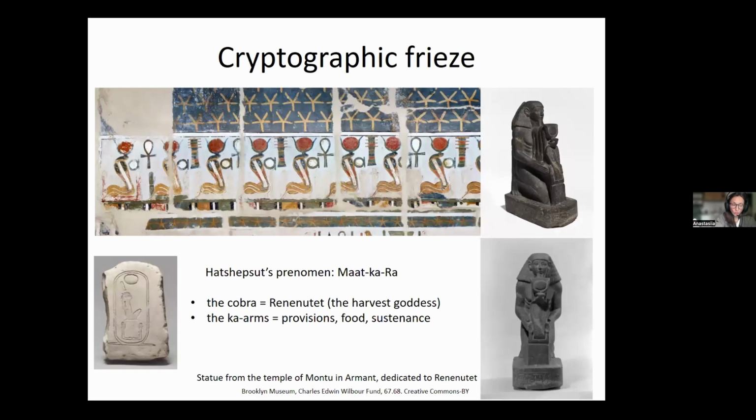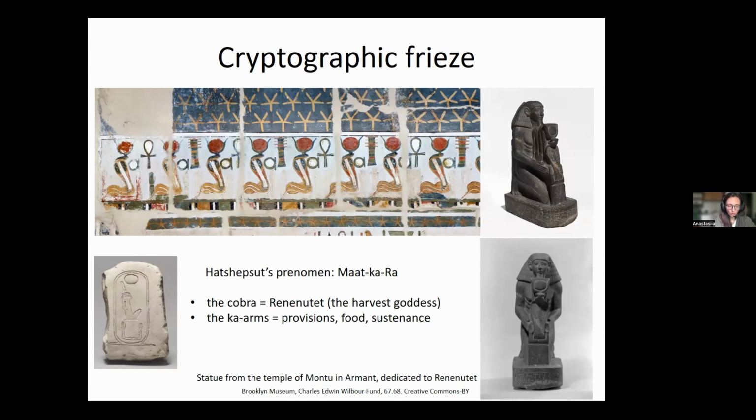Now the cryptographic frieze. This frieze, which is a rebus of Hatshepsut's prenomen Maatkare, found on many walls of the Deir el Bahari temple, is often considered as Senenmut's signature. This view is based on the fact that three Senenmut statues use exactly this cryptogram, and that they expose his